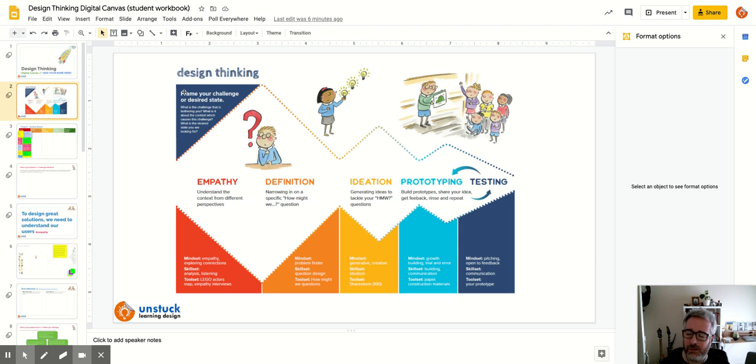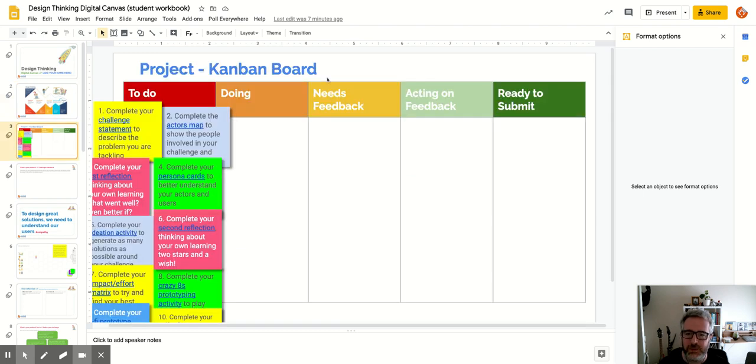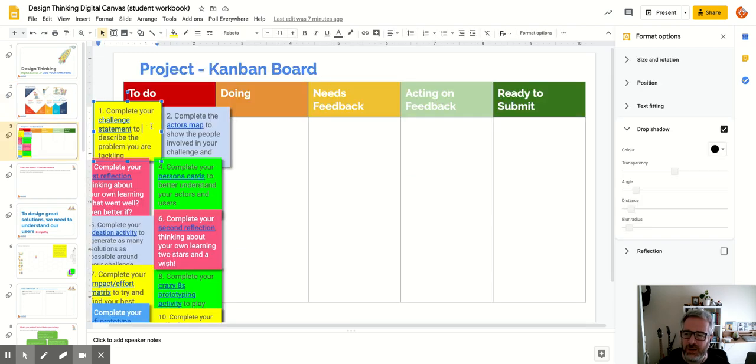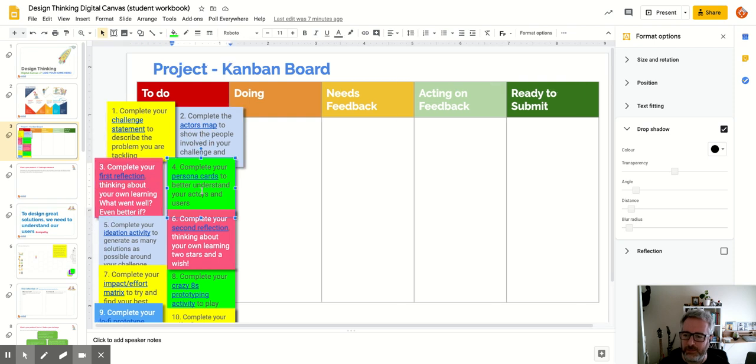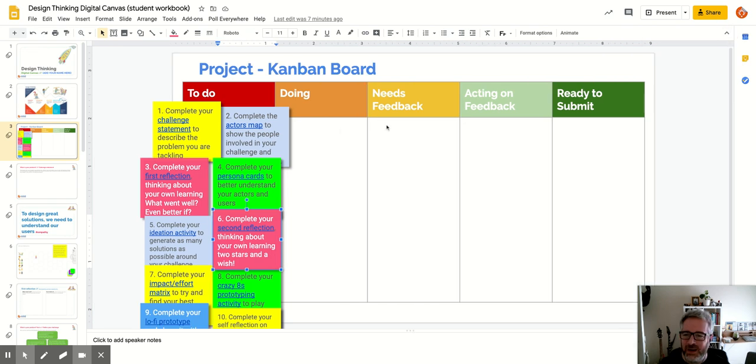amazing illustrations throughout this presentation are created by Rosie Brooks, who is a wonderful illustrator based in London. So please do look up Rosie and her amazing work. So on slide 3, we've got a Kanban board. So this is just a simple to-do board, but each of these numbered post-it notes or quasi post-it notes are hyperlinked to the appropriate slide within the deck to show which activities need